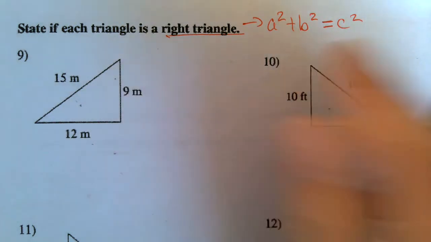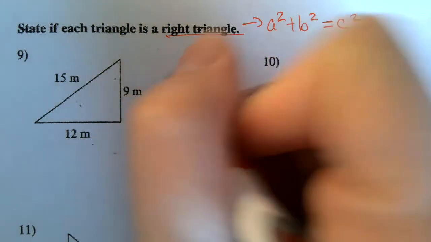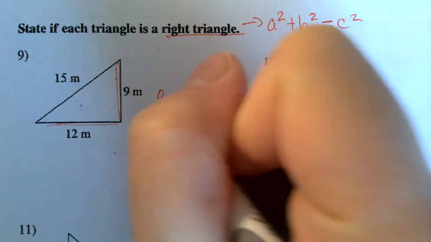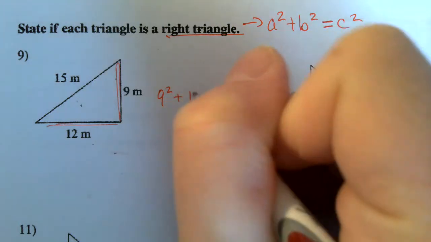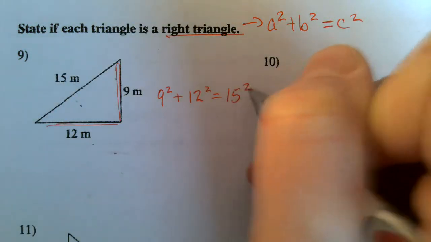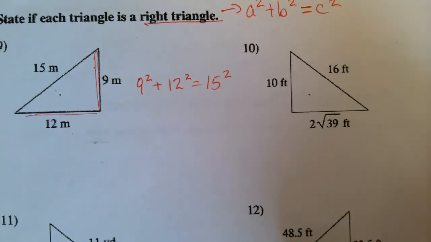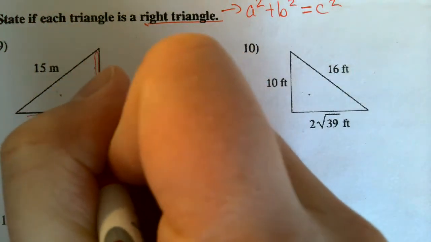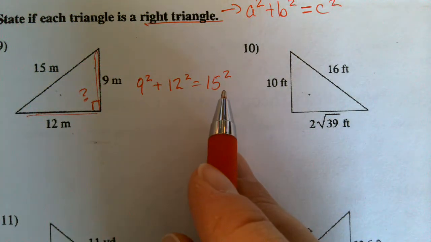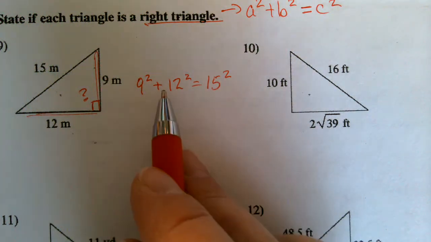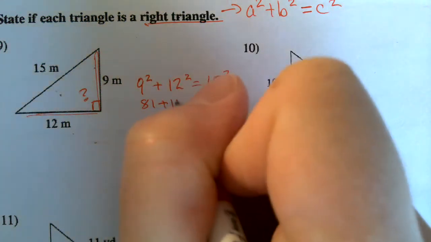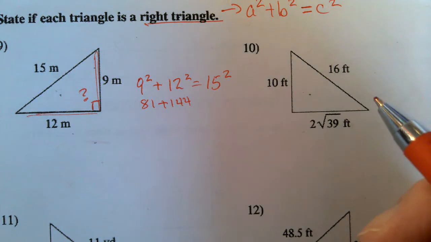a right triangle. So if we look at number 9, the legs are the two smaller sides, the 9 and the 12. So 9 squared plus 12 squared, does it equal the longest side? I don't know if that's a hypotenuse until it's a right triangle. It has to be a right triangle to have a hypotenuse. Okay, so type this into your calculator. You need to show this and then show what you got out. This is 81 plus 144, and we add that up, we should get